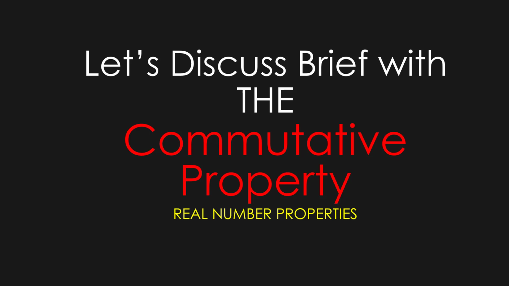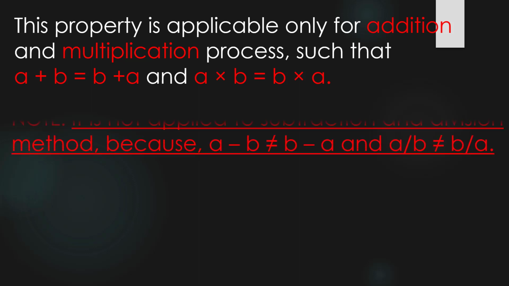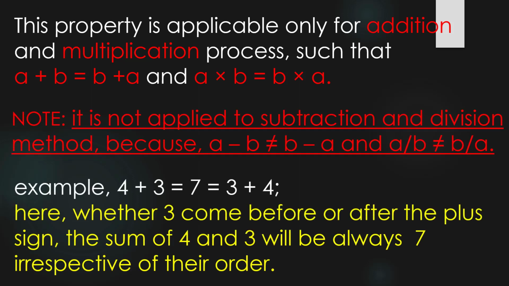Now let's discuss briefly the commutative property. This property is applicable only for addition and multiplication, such as a plus b equals b plus a and a into b equals b into a. For example, 4 plus 3 equals 7 equals 3 plus 4. Here, whether 3 comes before or after the plus sign, the sum of 4 and 3 will always be 7 irrespective